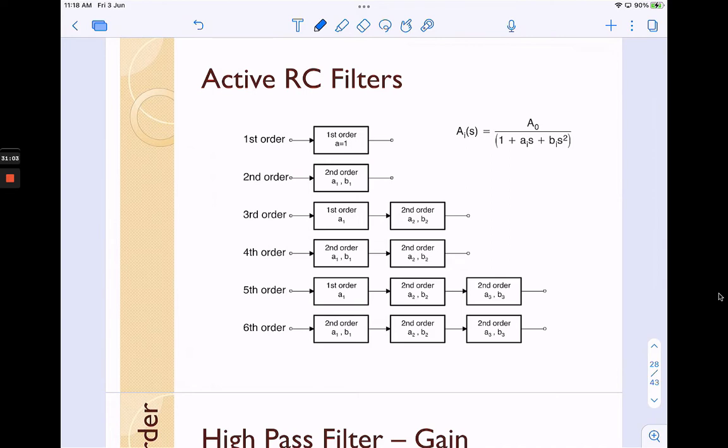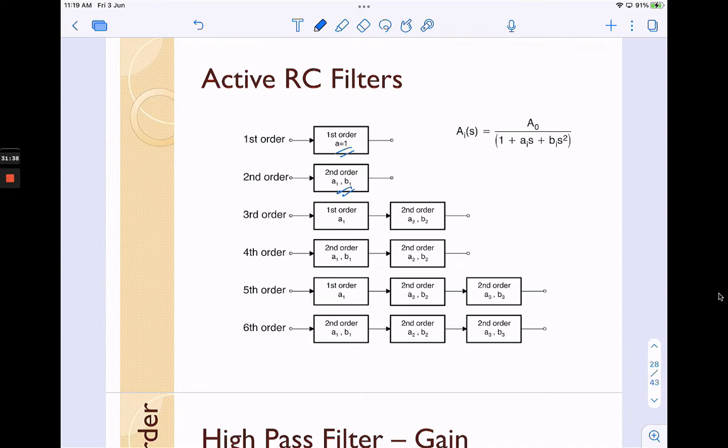And like I mentioned before, we can cascade the filter to have a higher order filter. Let's say we want to have a 5th order filter, 6th order filter. So what you can do is you just cascade the 1st order and 2nd order filter. If you have a 1st order, of course you only have 1st order filter, and 2nd order filter, of course you have a 2nd order filter. But if you want the 3rd order filter, so you can either cascade 1st order filter 3 times,